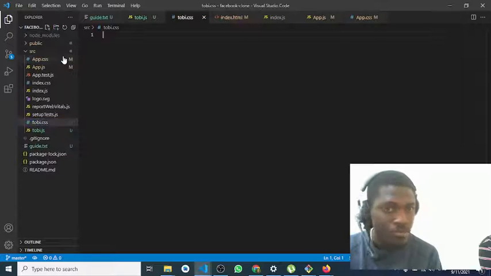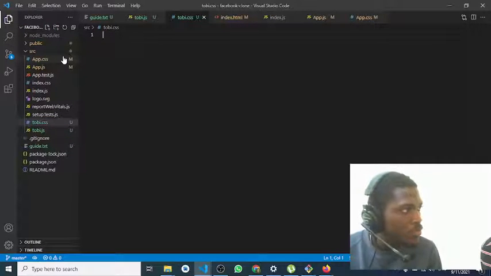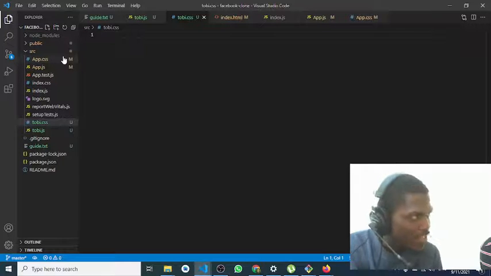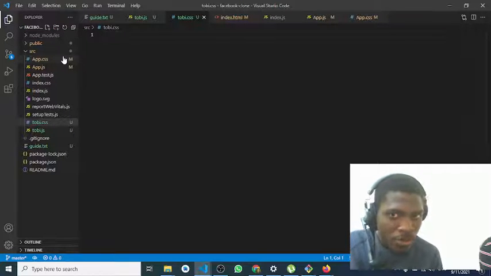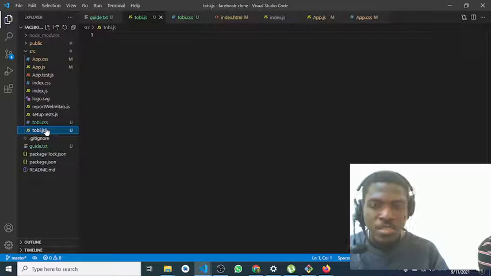toby.css, right? So Toby is now a JavaScript component. But it is not yet a JavaScript component. We want to put it here. Currently it is just an ordinary JavaScript file. So the first thing I want to do is